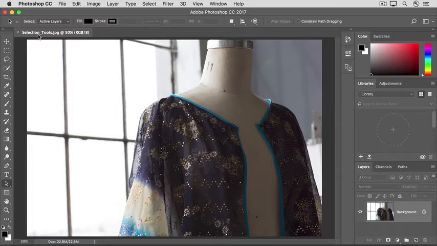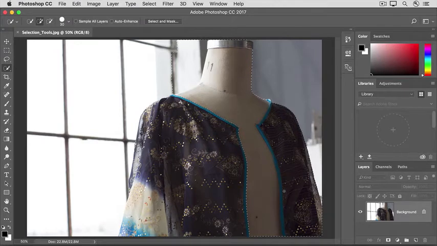image of your own. If you're working on an image with multiple layers, first check the Layers panel to make sure the layer with the content you want to select is highlighted there. Go to the Tools panel and click on the Quick Selection tool. This tool can detect edges of objects based on color and tone, so it will do a lot of the selecting work for you. Let's say that we want to select the mannequin so that we can apply an adjustment to it. Click, hold, and drag across part of the mannequin,